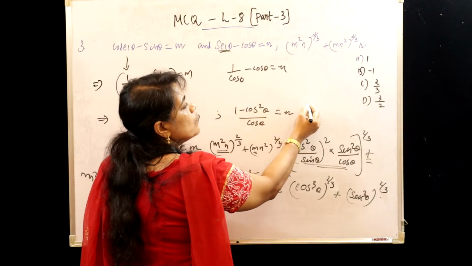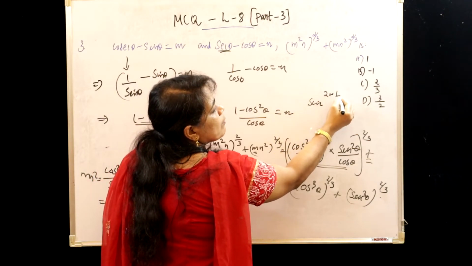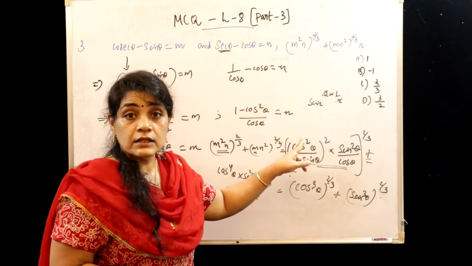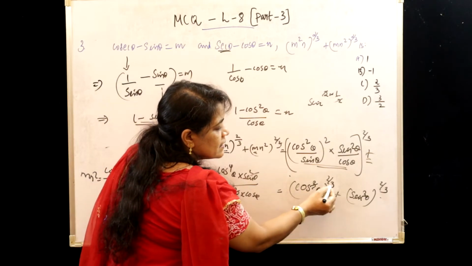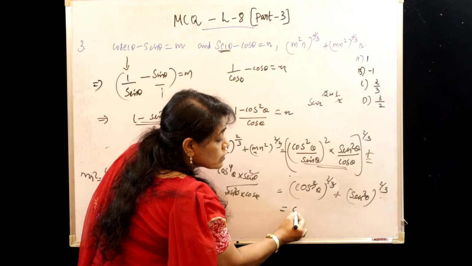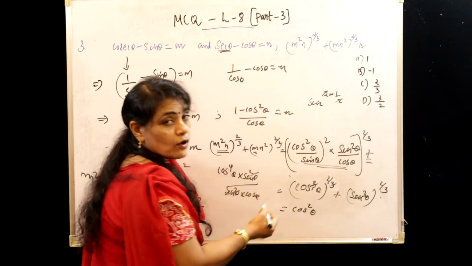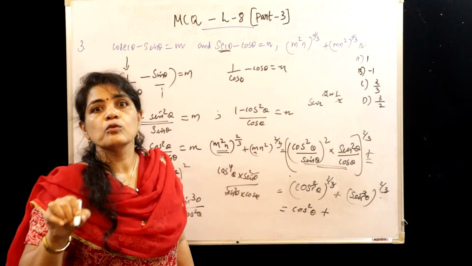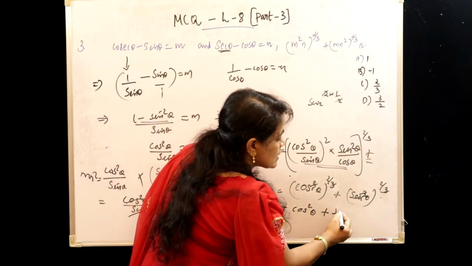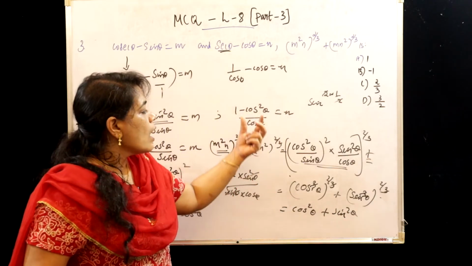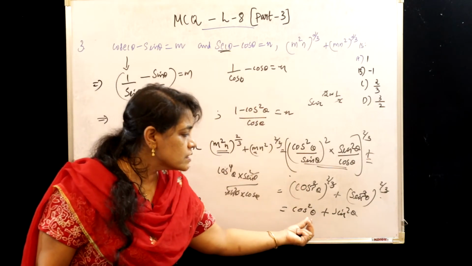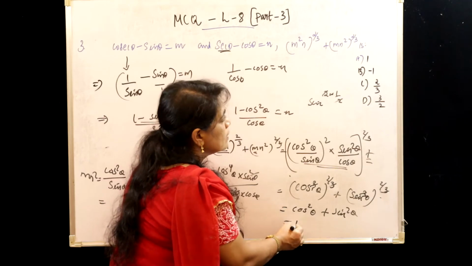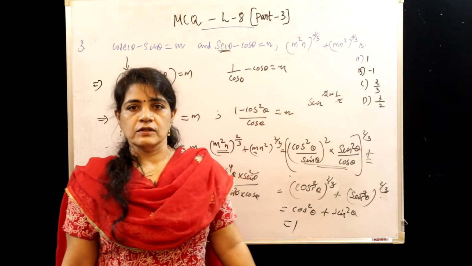See, if we have sin square into 1 by 2, the 2s get cancelled. In the same way here cube and 3 into 2 by 3, so this 3 and 3 get cancelled. That means cos square theta, plus here also this 3 and 3 into 2 by 3, the 3s get cancelled. So sin square theta. So after simplifying, we have reached the first identity: cos square theta plus sin square theta is 1. Yes, that you can see in the first option.